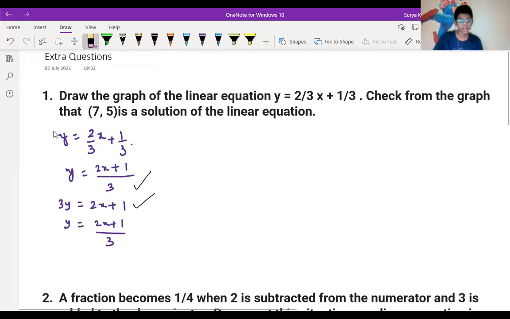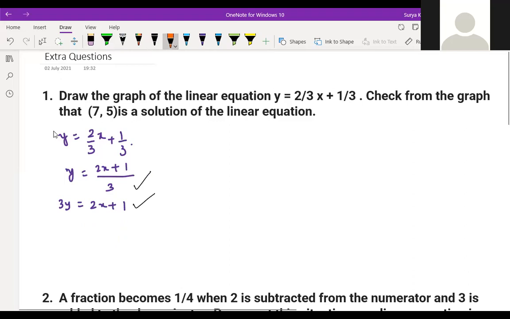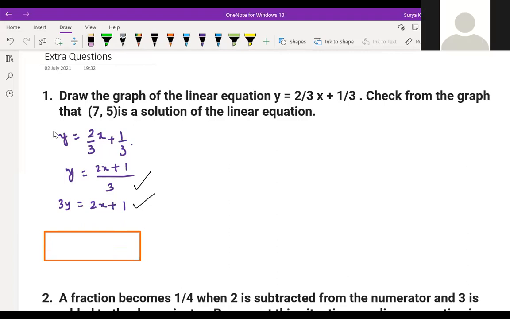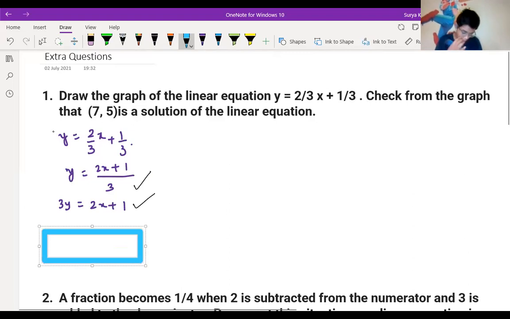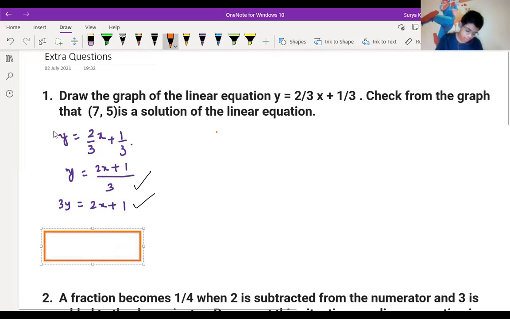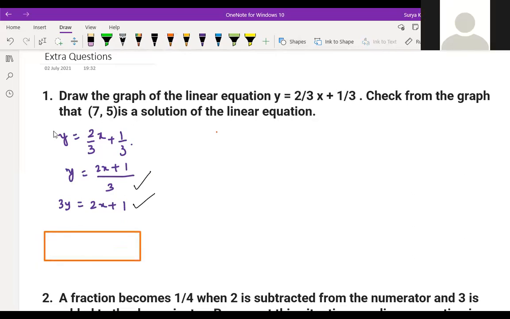Sir, then how will we plot it in the graph? What is the method of plotting the graph? You are making a table by this answer, okay, sir. You are putting x and y, right? Yes. Then we have to draw the graph for this, correct? Right here x, right here y. You can put whatever you want, we can do it from this only, right?